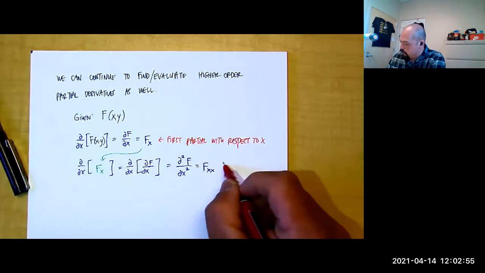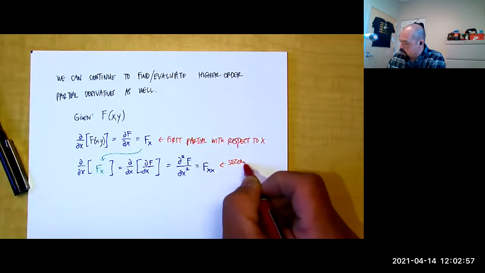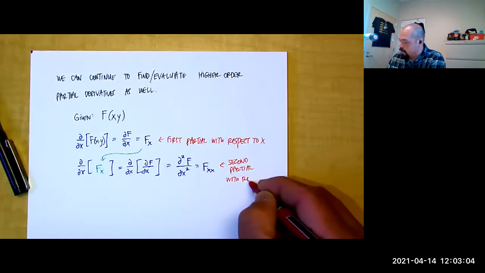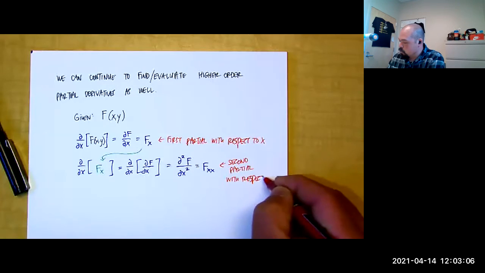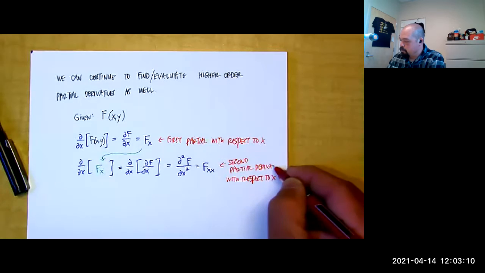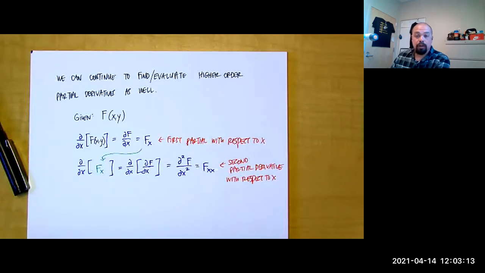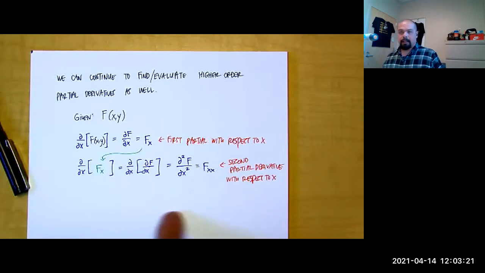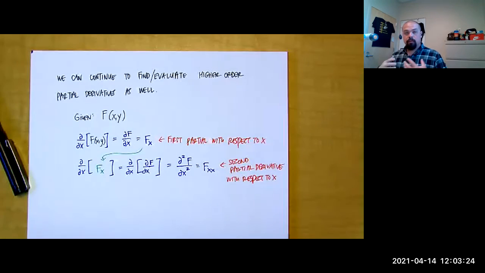So there's our second partial with respect to x. Partial derivative, I guess, is to say more formally, but we get lazy and say it's our partial to represent partial derivative. Okay. But we get that notation, and we can go a third time, a fourth time, f sub x, x, x, x, and so on, right? We can continue that process. And then likewise,